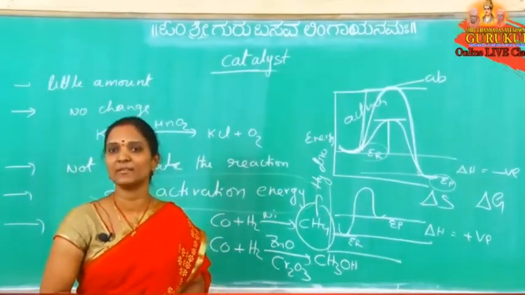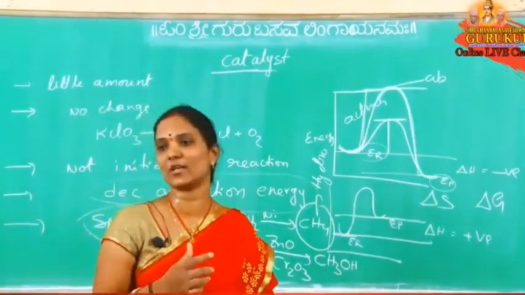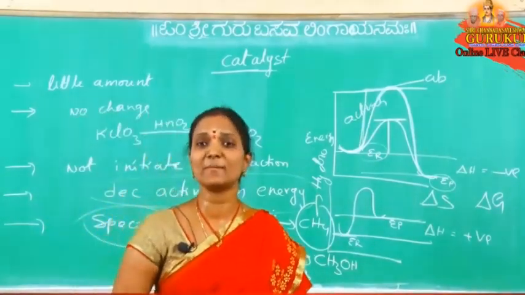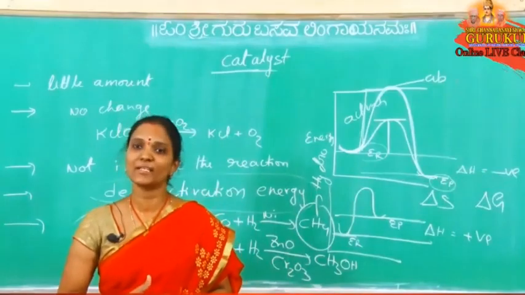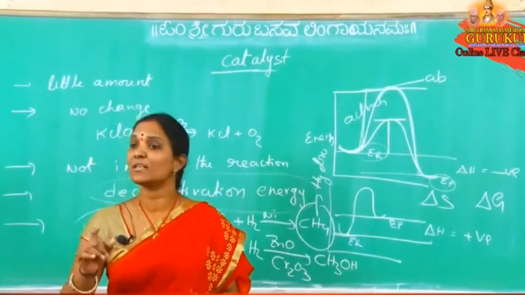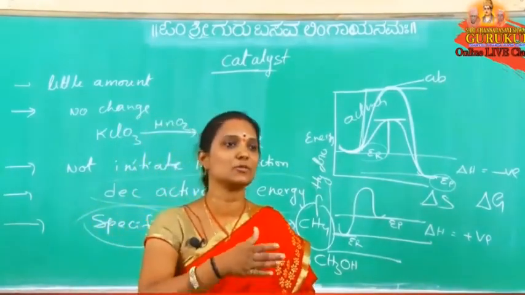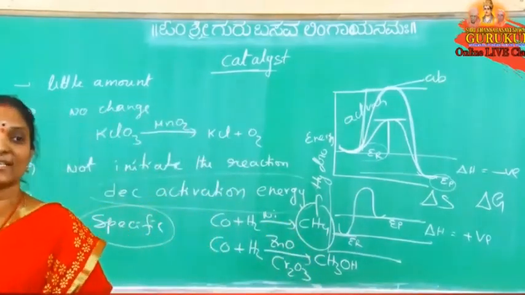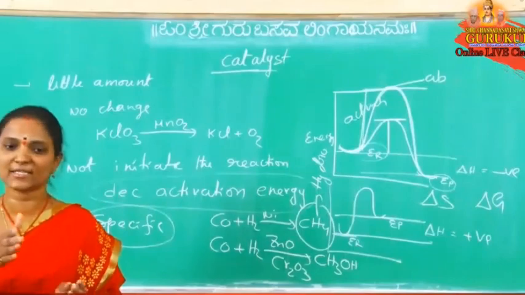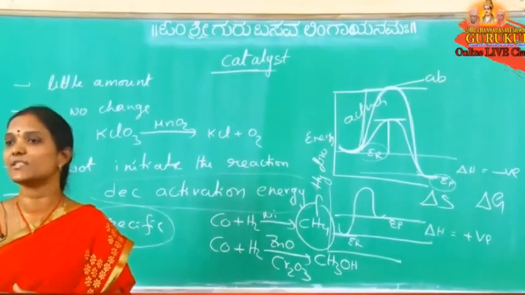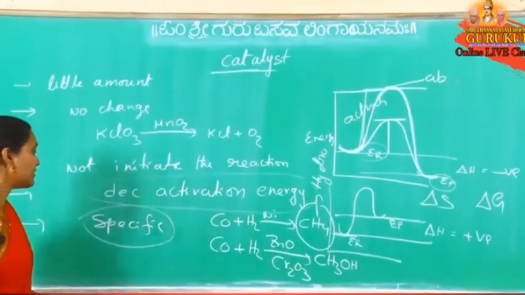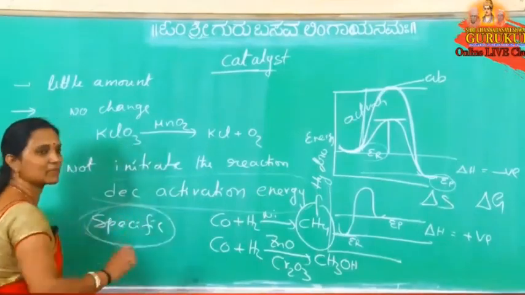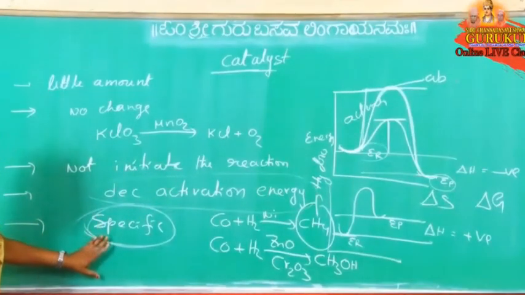Zymase catalyzes the next one. Where did we learn this? In ethyl alcohol preparation, in organic chemistry, which is still not completed. So zymase converts glucose to ethyl alcohol. Zymase does not convert sucrose to glucose and fructose. So this catalyst is specific in nature. One catalyst can catalyze only that reaction. When the catalyst changes, the product formed also changes. So it is specific in nature. Okay, this is the meaning of catalyst specific nature.